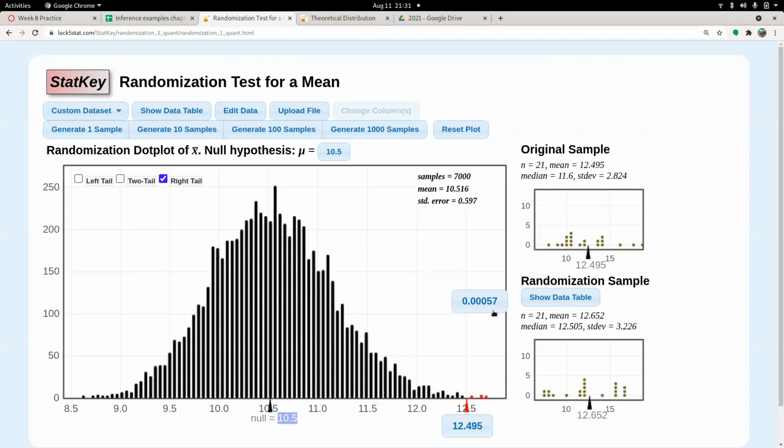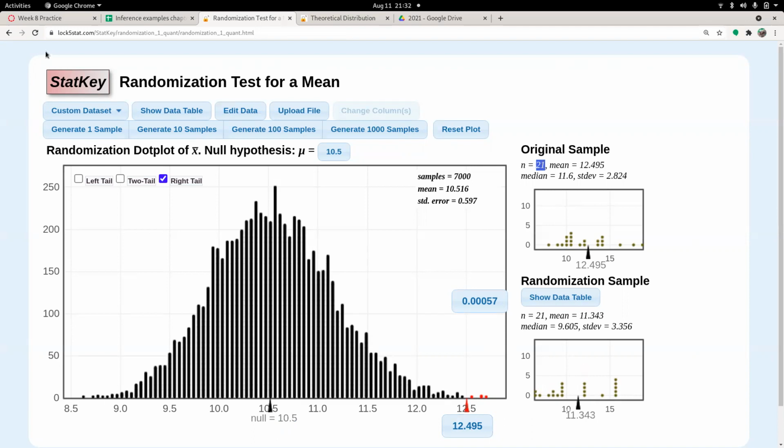And the p-value talks about that error just a little bit. There's a 0.00057% chance of finding another sample with a higher mean than ours when we thought the mean was going to be 10.5 with a sample size of 21. So decision: reject the null hypothesis. Conclusion,